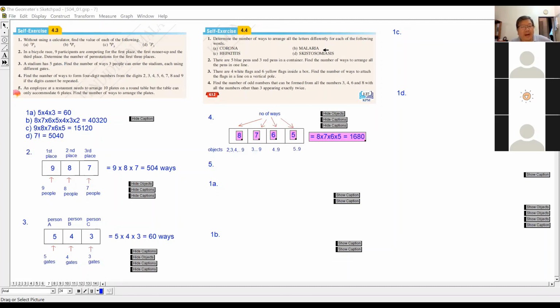So now you know how to permutate, let's say you have many objects, but you only permutate a few of them. This is the way you're going to do, right? No need to use nPr. You just fill up the boxes, you will get the answer. Okay, no need to use nPr. Now, question number 5 is a